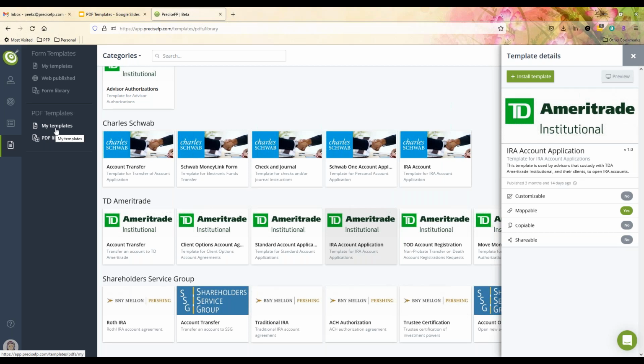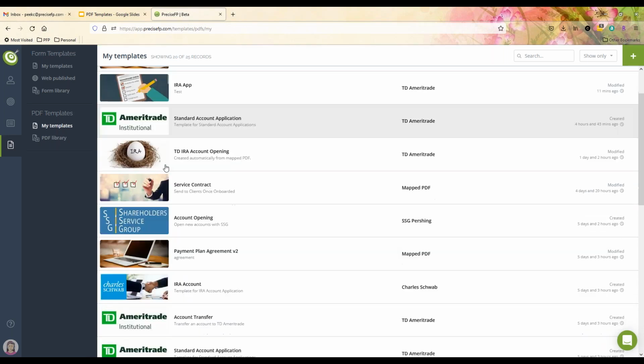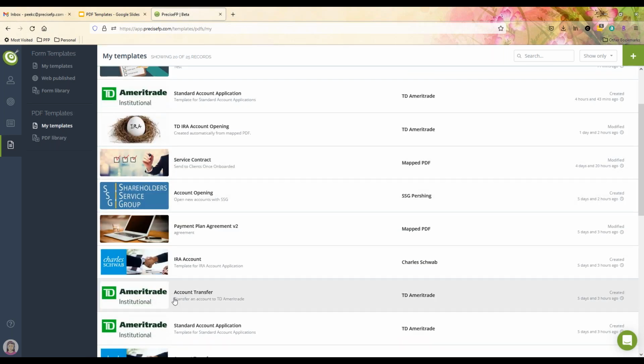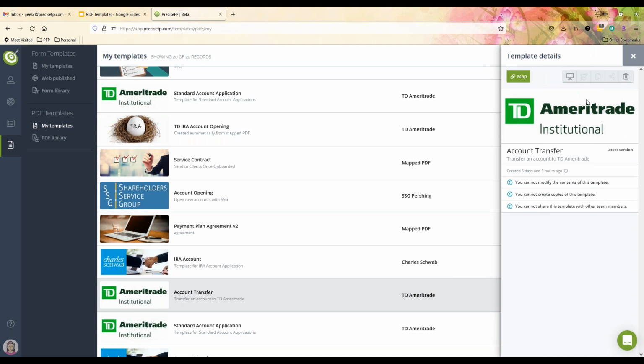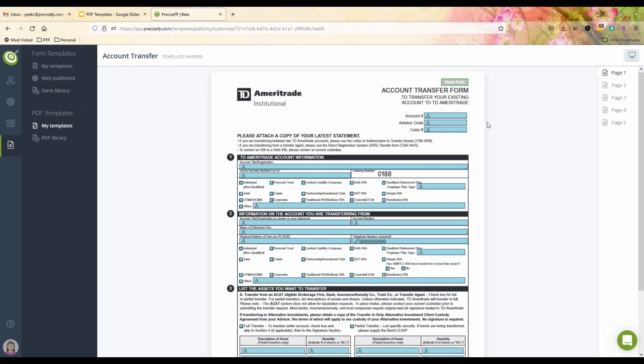If you remember in 5.0, we had the configure button on the actual PDF, where if you installed it from the library, you could go out there and put your RA number or your advisor number, all of that. To do that in version 6.0, after you've installed the custodial template, you'll go to My Templates, click on the custodial form, and then you'll see this map button here. Click on that, and then you'll see everything